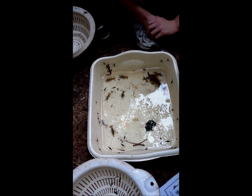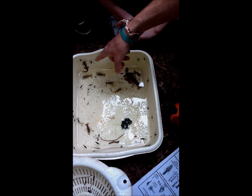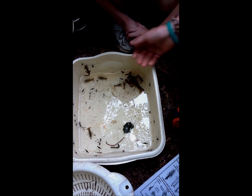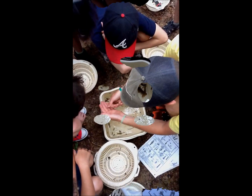They're gills. Baby salamanders have to live in the water. Those are gills. He breathes out of the water. But once a salamander reaches adult, do they have to live in the water? No, he can be out of the water. They're amphibians. So that's pretty cool. His gills just...